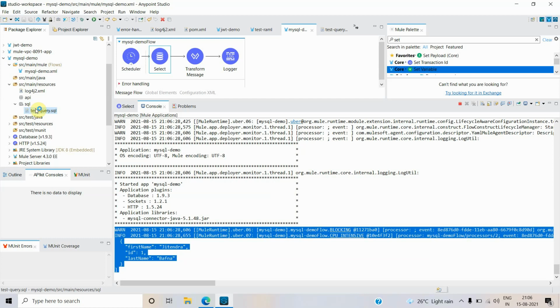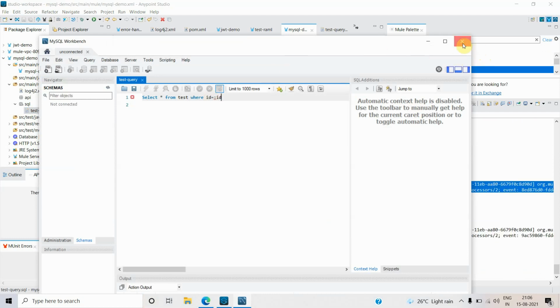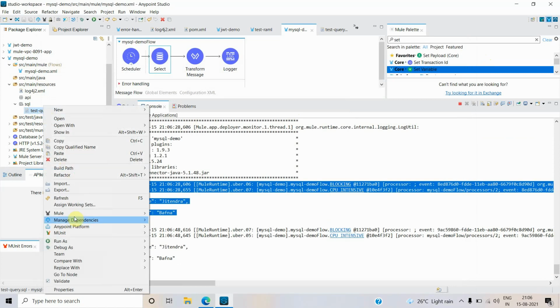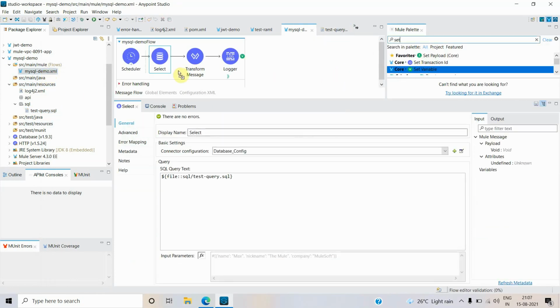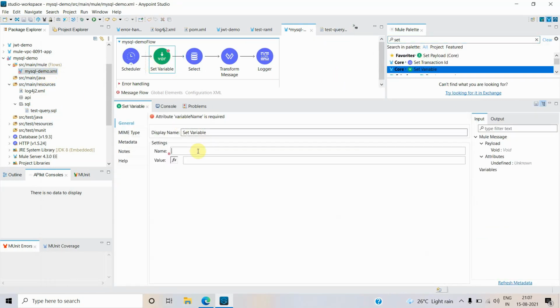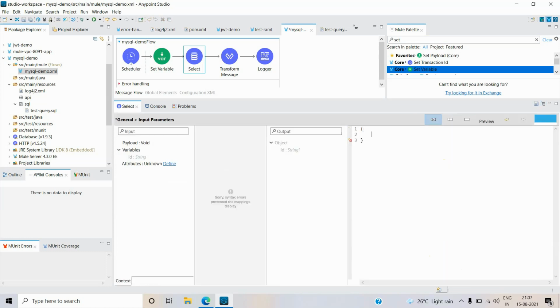Okay. Now the same way, you can put the where conditions also. So I can put where id is equals to id. I can save it. Okay, you can close this down. If you again open with a text editor, better to open with a text editor, you can see id equals to id. Now I have to set the variable, I have to set this id. So I can simply say id 1. I'm just hard coding, you can make it dynamic also. Fx function. Then I can simply say id equals to vars dot id.